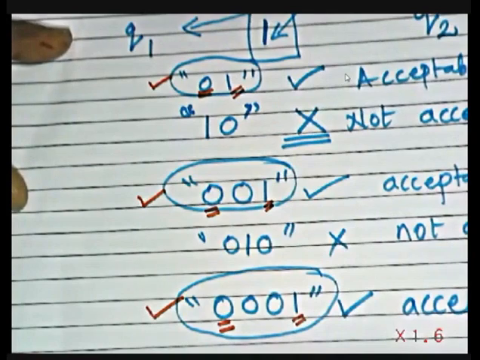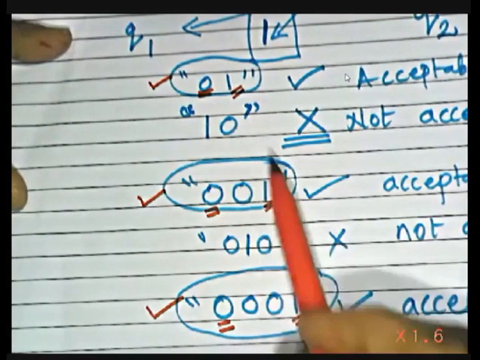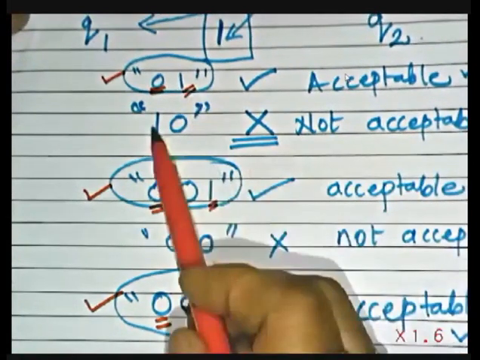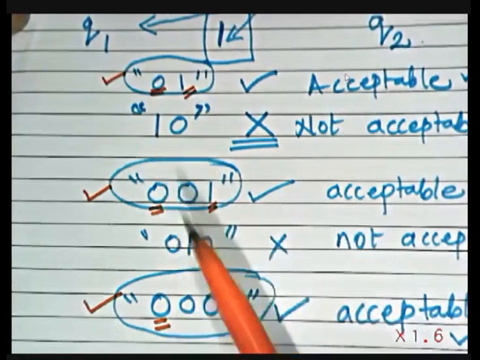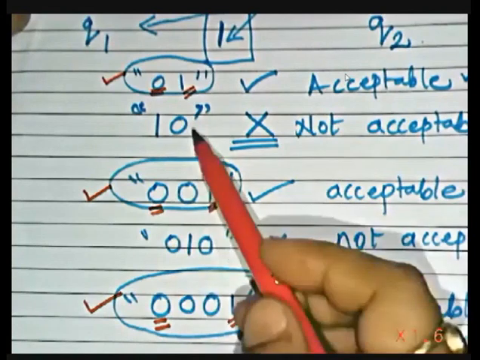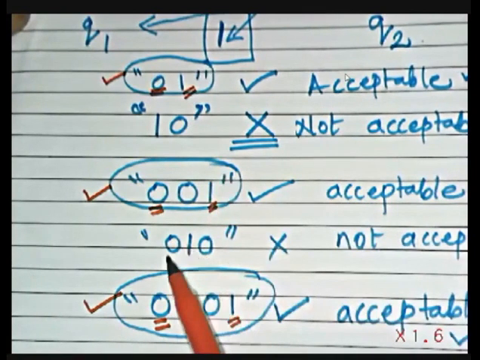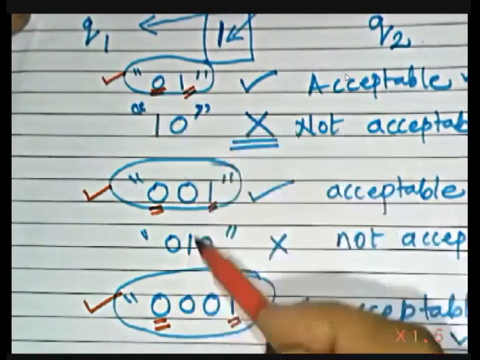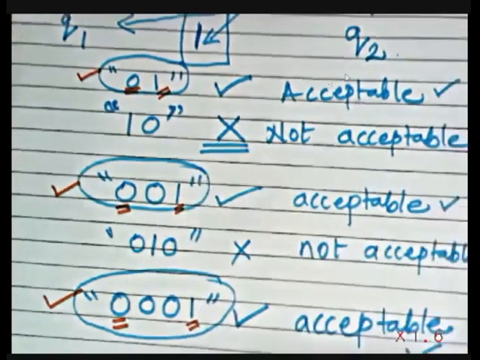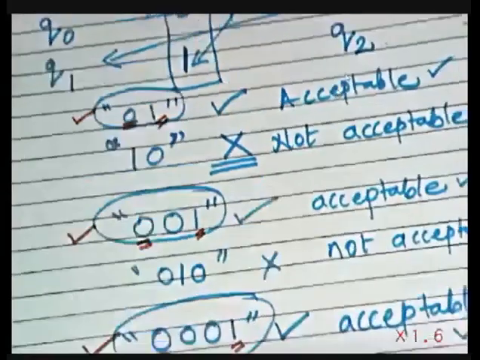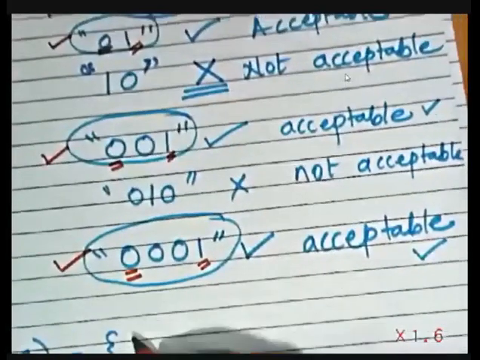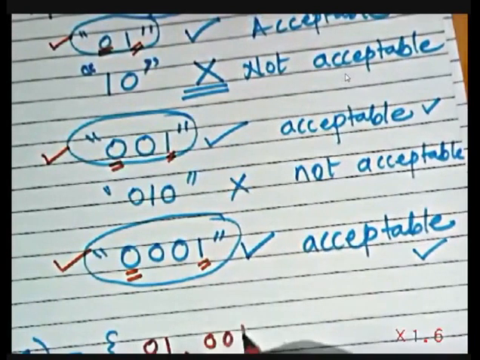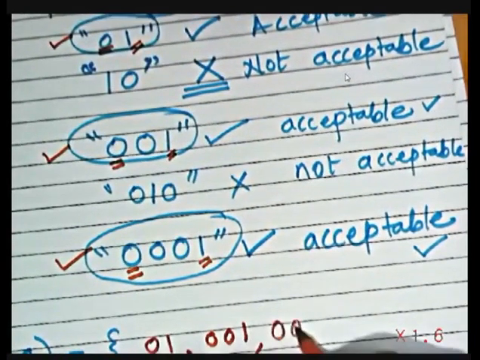Everybody agree? And in the other cases where it is not acceptable, this is not satisfied. In this case, its starting is not satisfied, right? In this case, its starting is satisfied, but its ending is not satisfied. That's why these 2 cases are cancelled. They are not acceptable. So from this, can I write these 3 examples at least? So 0, 1 is acceptable, 0, 0, 1 is acceptable, and 0, 0, 0, 1 is acceptable.